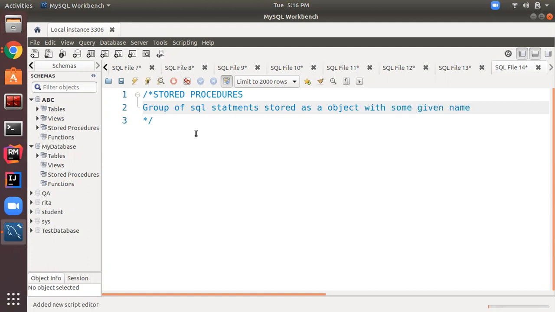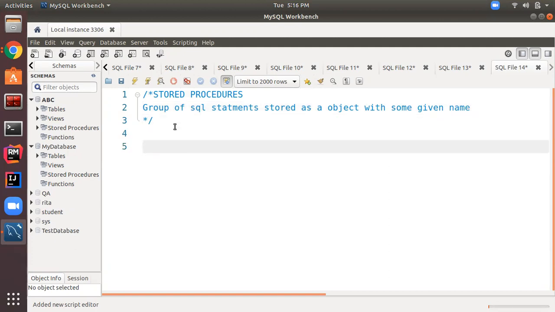So basically, stored procedures are nothing but a group of SQL statements which we store as an object in the database with a given name. Today we will learn various types of stored procedures.